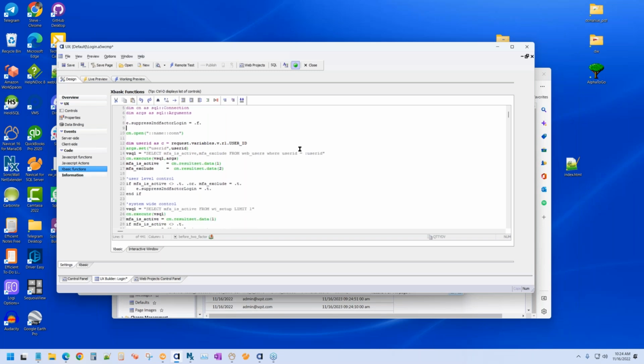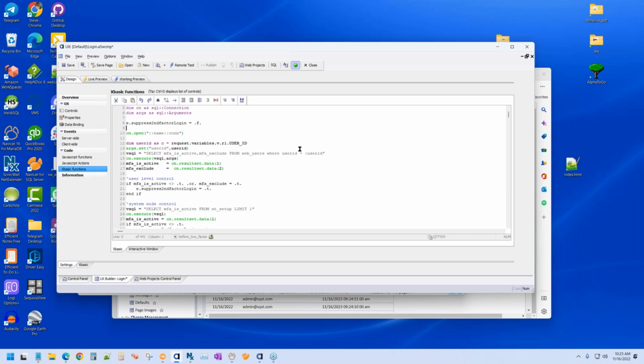But what it does, it goes to 2 levels of whether I do or do not want to apply authentication to this instance. The first level, of course, is system-wide. If it's turned off system-wide, I'm not going to show it any two-factor authentication. If it's on system-wide, I'm going to look at the user to see if it's on for that person, or if it's excluded for that person. If it's excluded, again, I'm going to skip two-factor authentication and just log them in right away. If it's on system-wide, that person is not excluded, and they're also not configured for two-factor authentication,